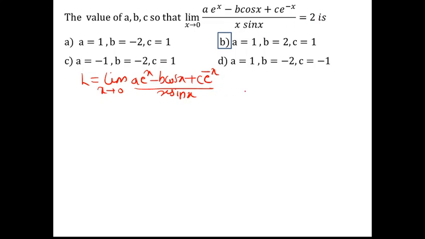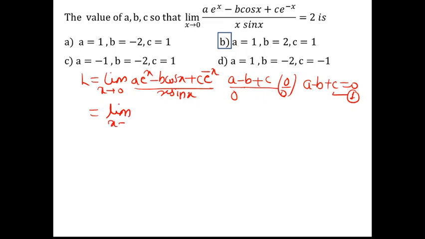So we find that the denominator comes out to be 0, but the value of the numerator is a minus b plus c. But as this has a finite value, it should be of the form 0 by 0. In order to achieve that, we have to assume that this numerator must also be 0. So a minus b plus c equals 0. This gives me the first equation in a, b, c. Now, as I am assuming that this is 0 by 0 form, we can apply L'Hospital's rule.